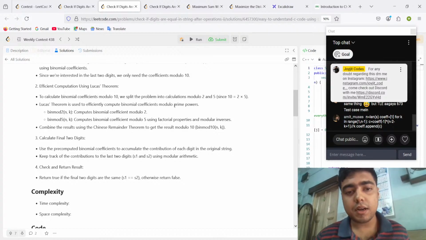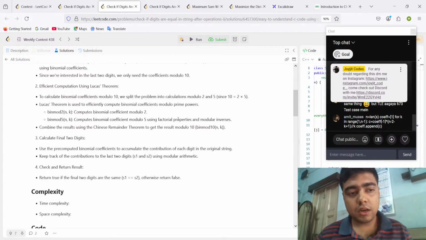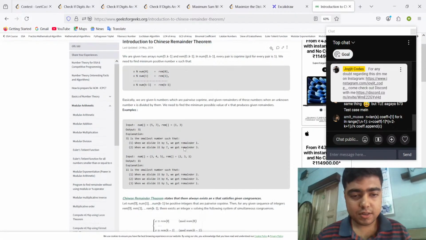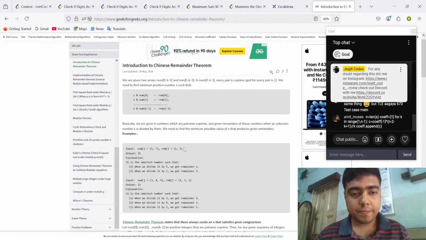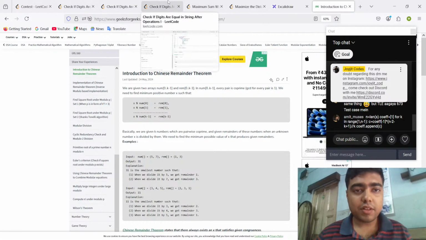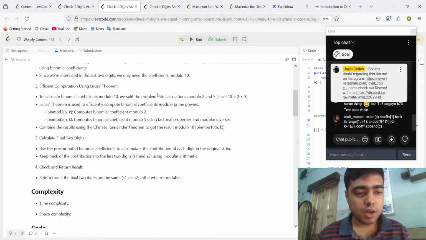Yeah, he has explained it. It is prime powers, okay, because we can only do it with prime numbers or prime power numbers. So you can use the Lucas theorem. You will get it online, I think. You can use the Lucas theorem, and after that you can check out